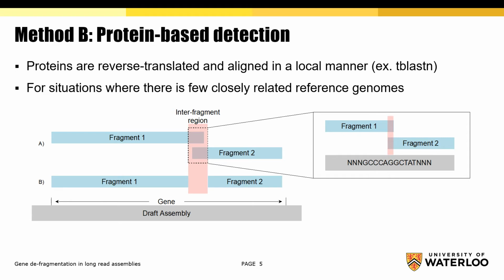The idea here is that an error is likely contained within an interfragment region for cases where nearby aligned fragments are not in agreement. The software then evaluates this region for shared nucleotides between these fragments, such as, say, scenario A, or non-shared nucleotides, such as scenario B. For example, if you look at the zoomed-in figure, the shared guanine is indicative of a potential error at that